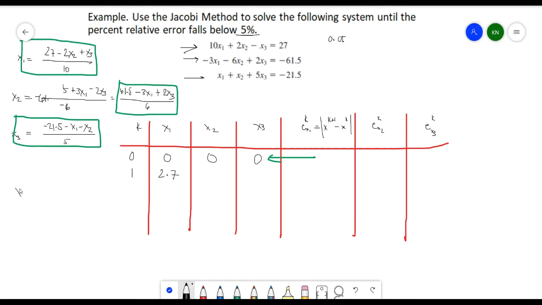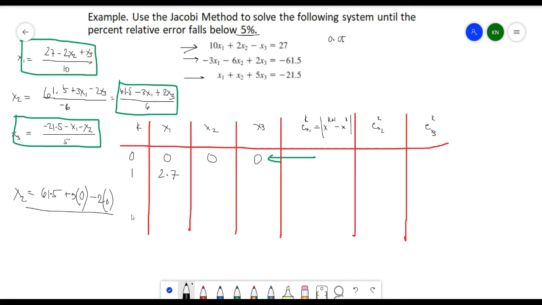So again, for the x sub 2, we have here 61.5. So just erase that one. So again, we have the 61.5. So meaning to say, in our x sub 2, we also have 61.5 plus 3, and then x sub 1. Again, if we used the Gauss-Seidel method, 2.7 is the value that we would be substituting in our x sub 1. But since this is Jacobi method, we will still be using the previous value, or the initial value that we have, which is 0. And then we have minus 2, and then our x sub 3, which is 0. So that is divided by